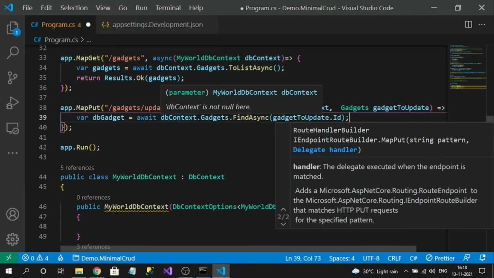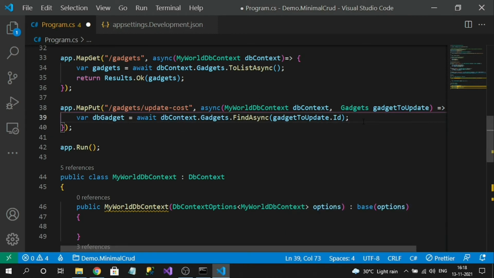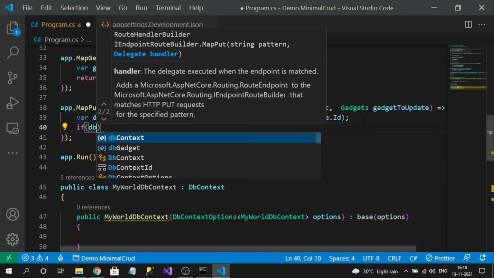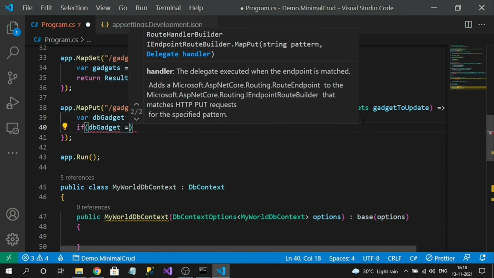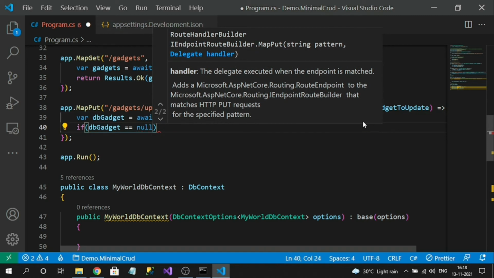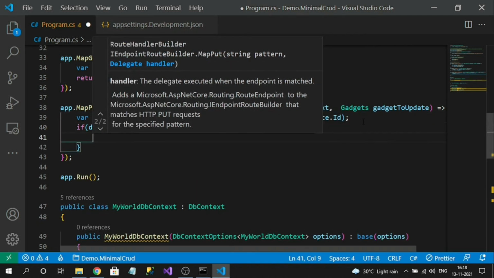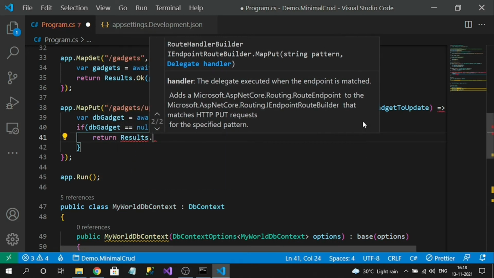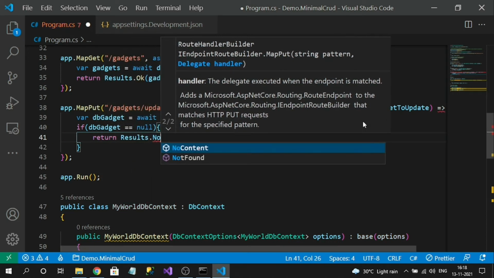Here, using the ID value, I am fetching the record from the database. So if db gadget equals null, meaning a record with that ID is not found, then it is not an ideal request for the update. So what we will return? We return results dot not found.